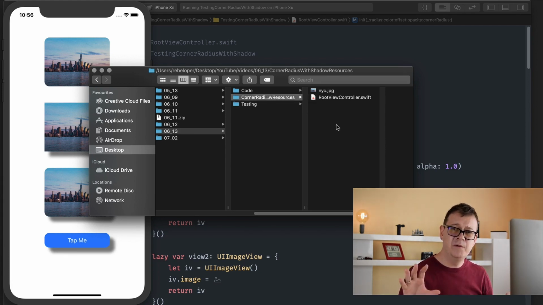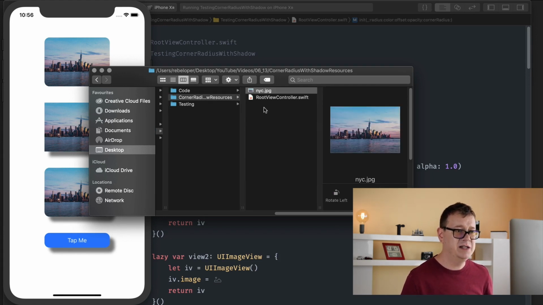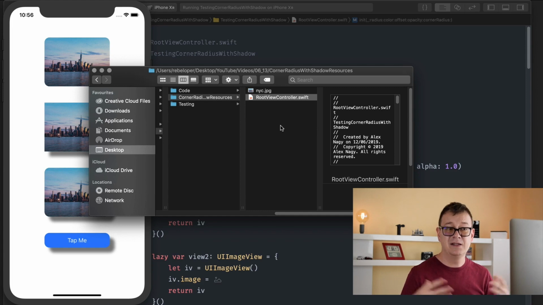You will get all of the resources once you are in, and download this corner radius with shadow resources folder, and inside you will see a New York City image, the skyline. We were recently in New York City and I really loved it, and you can see a root view controller with the starter setup. Now this project uses tiny constraints, but if you don't really like tiny constraints, then